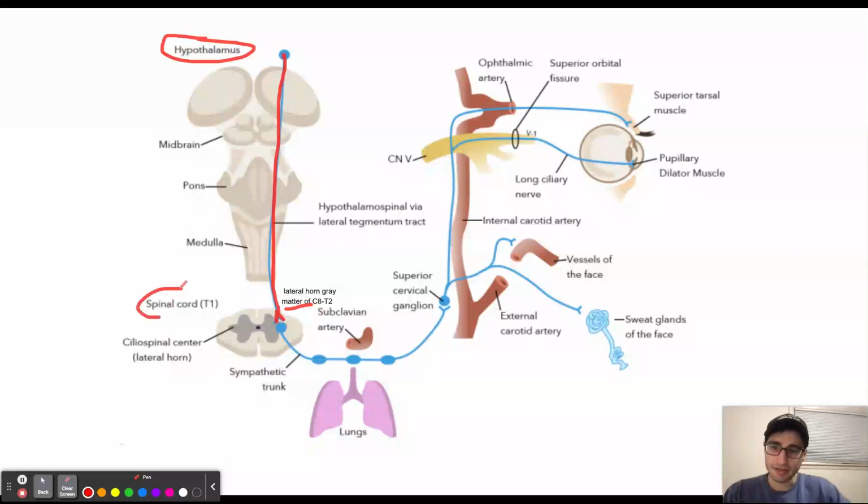At the level of T1, the second axon is going to leave the spinal cord and it is going to enter the sympathetic chain where it is then going to synapse at the superior cervical ganglion. Now, because this fiber is right before the superior cervical ganglion, it is also called a preganglionic fiber. From the superior cervical ganglion, we're going to get the third axon innervating the superior tarsal muscle, which is going